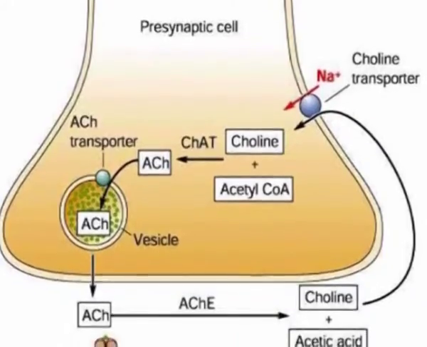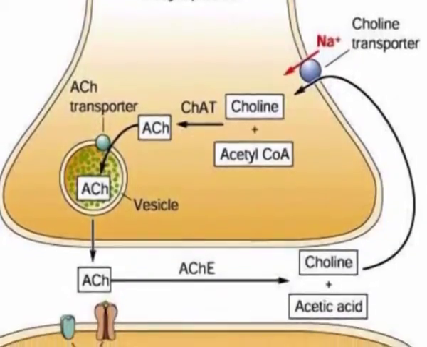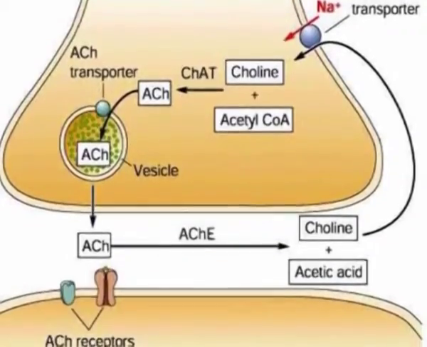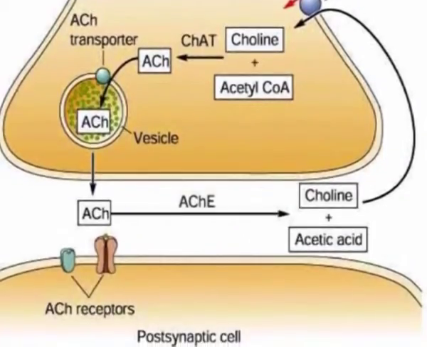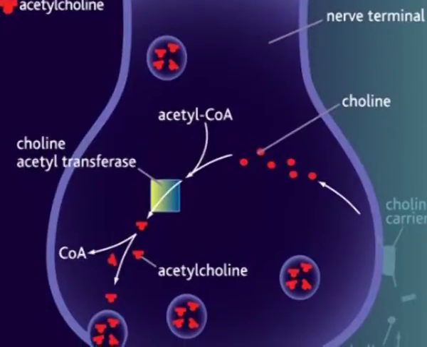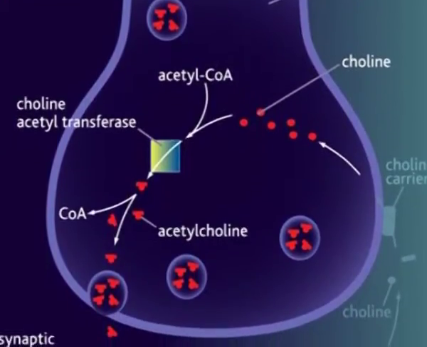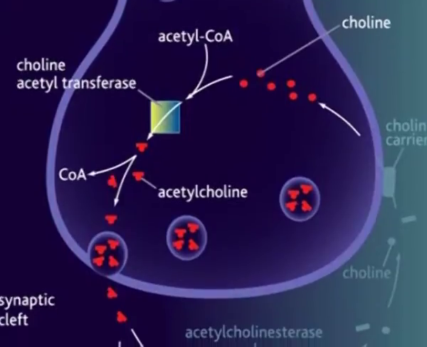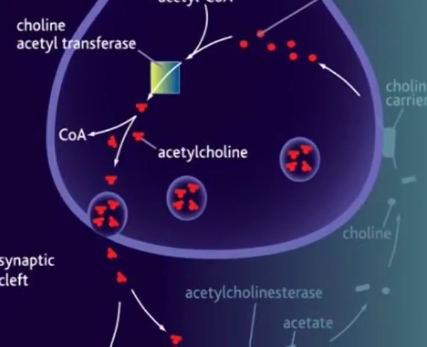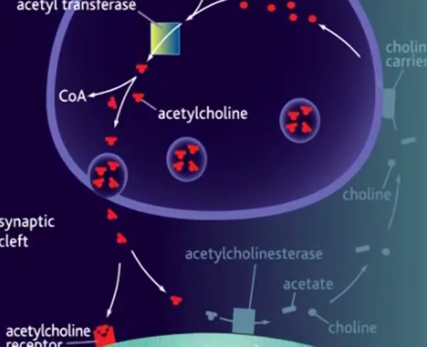The metabolite choline is recycled by the sodium choline transporter. Acetylcholinesterase is concentrated in the synaptic cleft and possesses high catalytic activity, usually about 5000 molecules of acetylcholine per acetylcholinesterase molecule